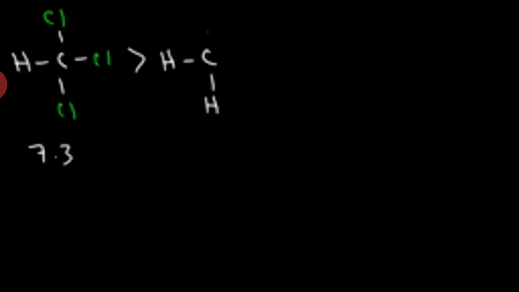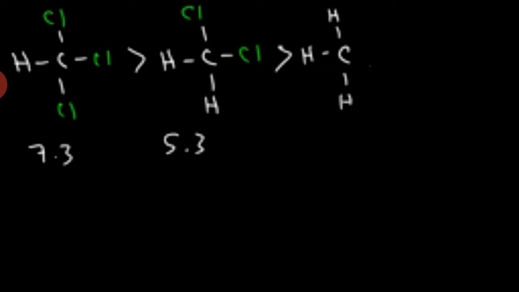Now let us consider another aspect. The presence of a number of electron withdrawing groups is another matter which will affect the chemical shift signal. Let us consider this example: a compound with 3 chlorine substitutions, then the compound with 2 chlorine substitutions versus the compound with 1 chlorine substitution. So we are comparing trichloromethane versus dichloromethane versus monochloromethane